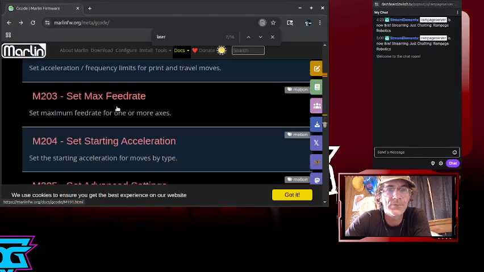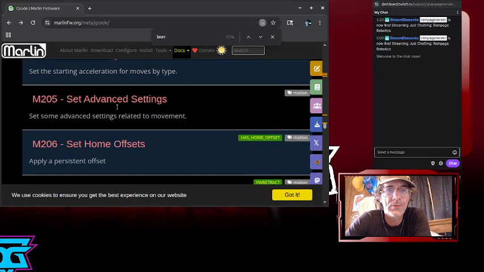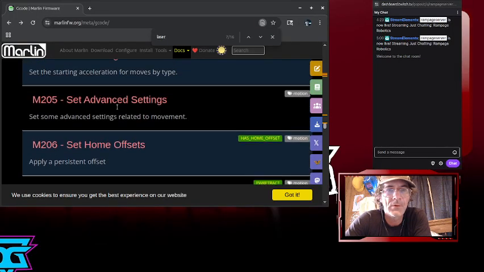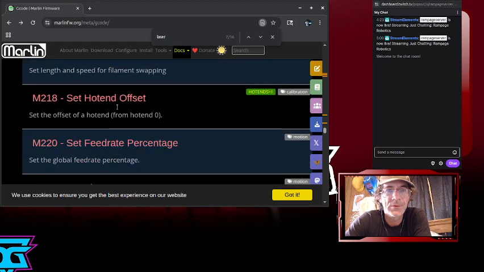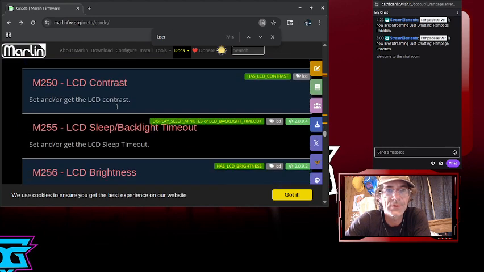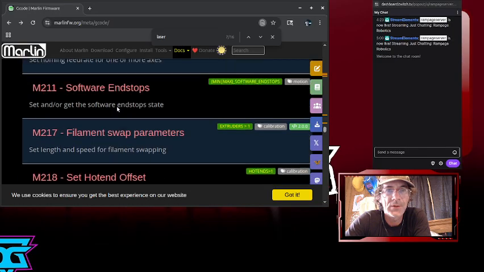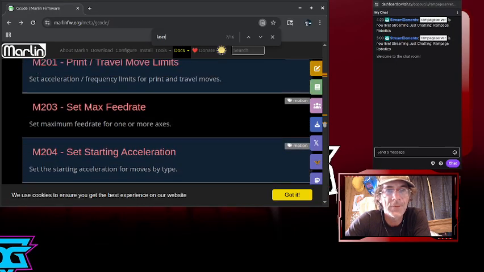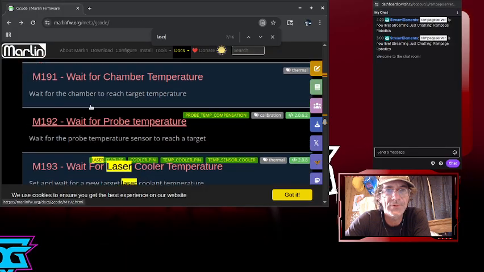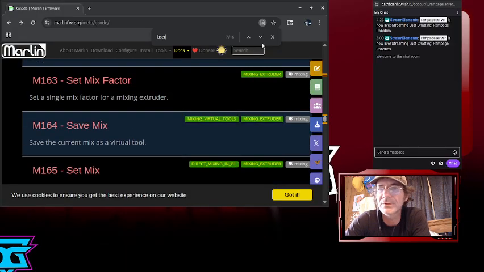I'm looking for M206, yeah. Where is it? Another one in here. Set home offsets. Something I was working with earlier. There's another one in here for lasering. I'll find it later. But